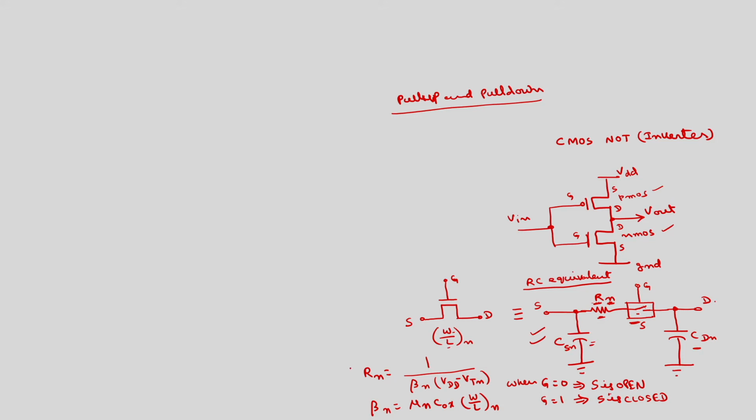So, the relation for the Rp is 1 by beta p into VDD minus modulus of VTP, because for PMOS the threshold voltage is negative, we will take the modulus, and beta p is mu p Cox W by L p, where mu p is the mobility of the holes here and here mobility of the electrons, Cox is the oxide